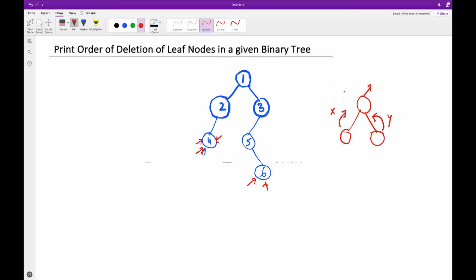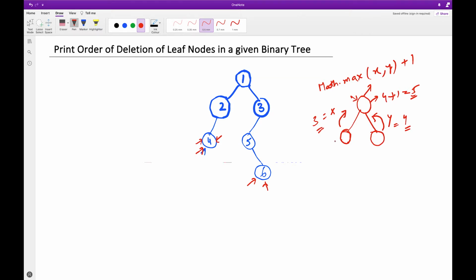I should say the parent will get deleted at Math.max of x comma y, plus 1. I'm giving you an example. For example, x is 3 and y is 4. So this child will get deleted at the third iteration and this one at the fourth iteration. Now this parent will get deleted at 4 plus 1, the fifth iteration, because until 4 it can't get deleted. Its child is not yet deleted, so how can this be deleted?